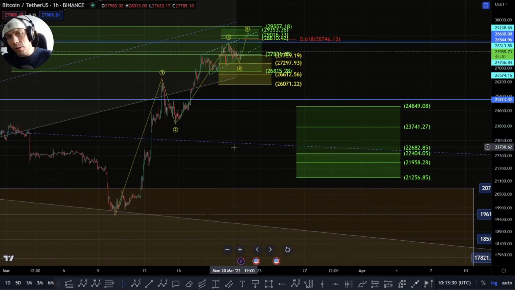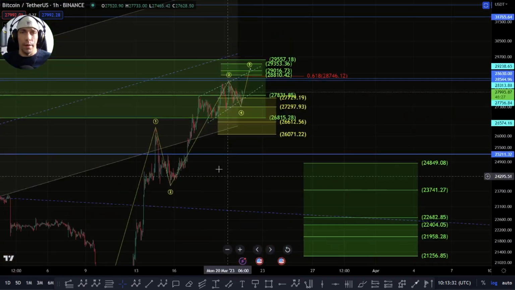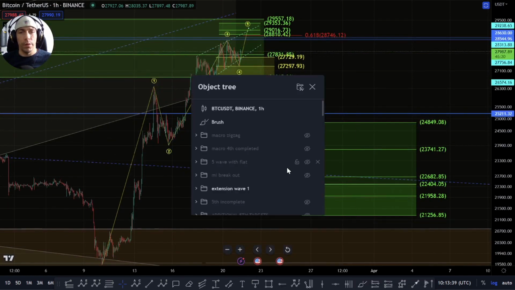But the top end of this move is tricky. It could be looking to extend out, but we don't have confirmation. Like I said, we need to just give it a bit of time. So